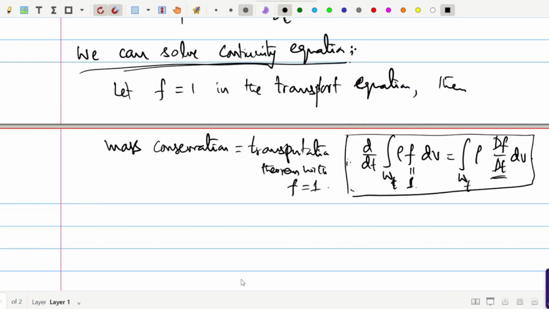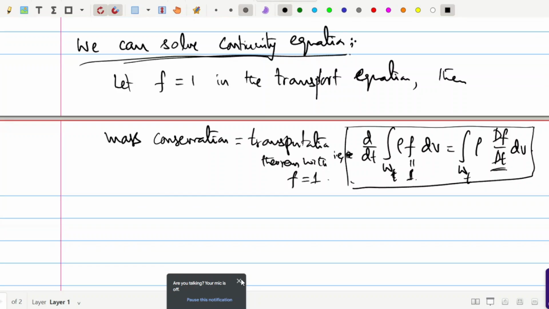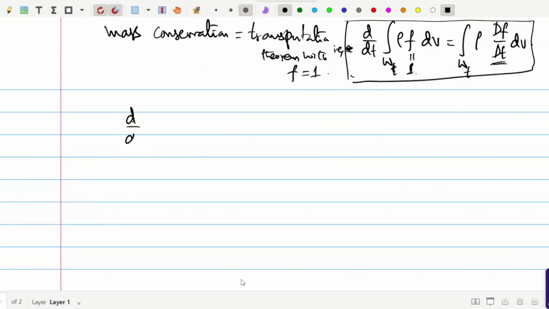So you see this one. What you have is basically d/dt of the integral over Wt of rho dv, equal to the right hand side, which is anyway 0. Okay, so this is what you want to say. How do you solve this one? What I write here is that the total derivative is 0 at time t,